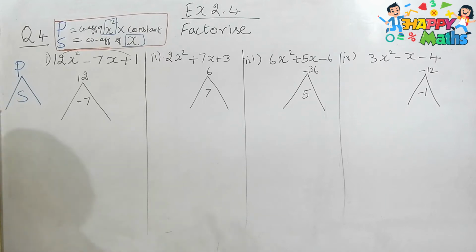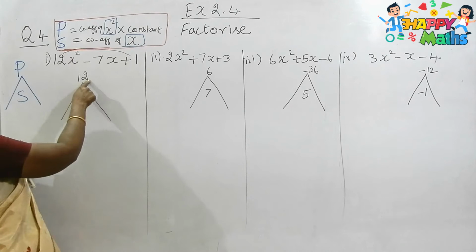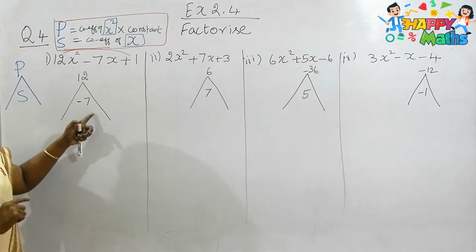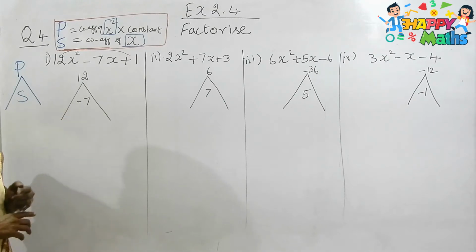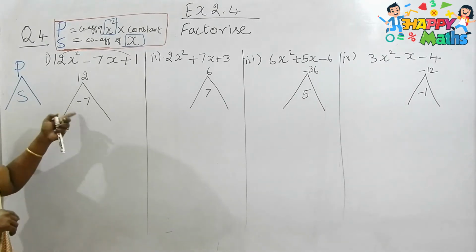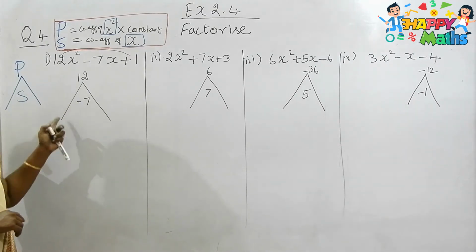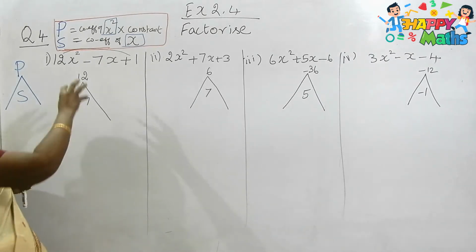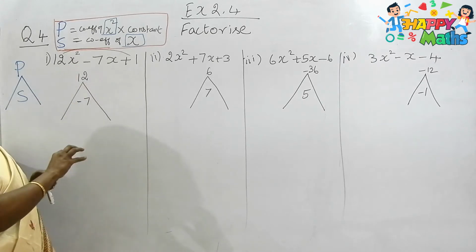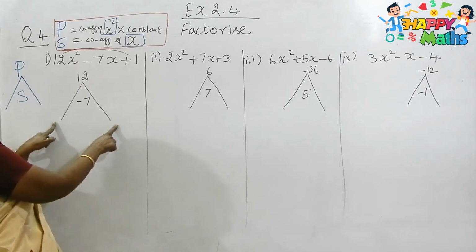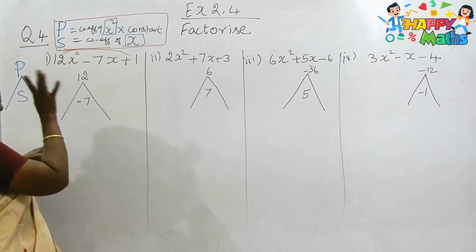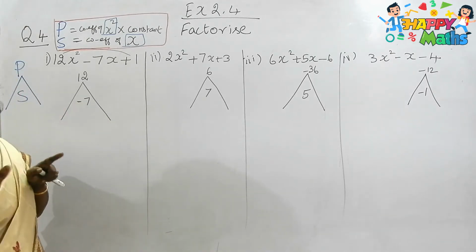So your two factors must be such that when you multiply them it comes as 12, and when you add them it must be minus 7. Why am I telling you to add these two numbers even though there is subtraction? Because whenever the product is positive, the two numbers are in the same sign, and the addition of these two numbers will be at the center. Is it clear, children?